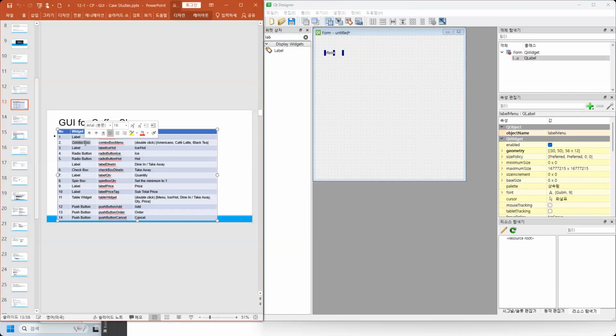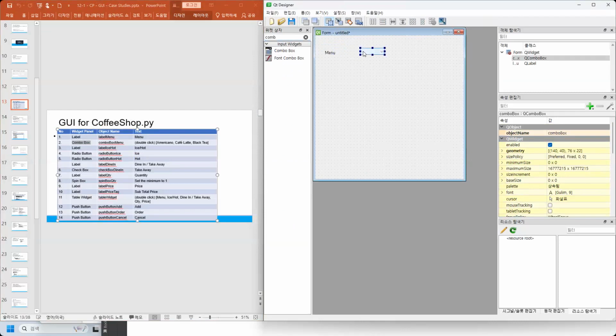So what is combo box? If you look at the widget combo box, you will see a combo box here, and you can put it on the form. Now the object name, let's change to the name combo box menu. Okay, so the name here is combo box menu, and then